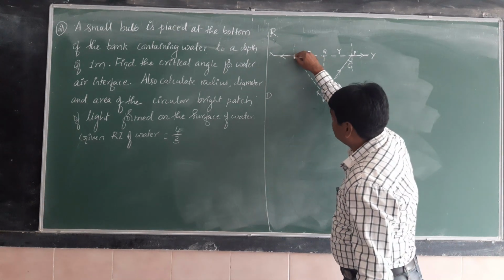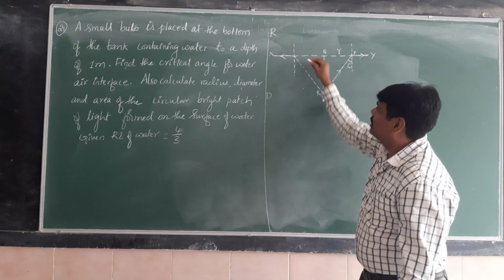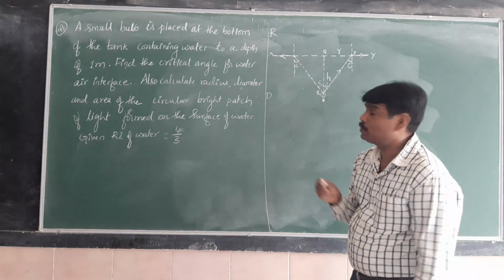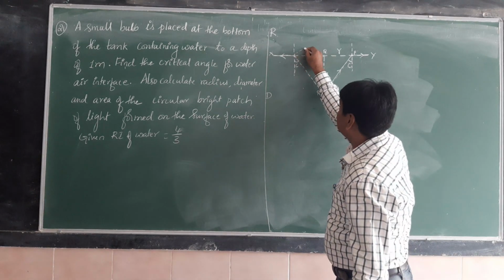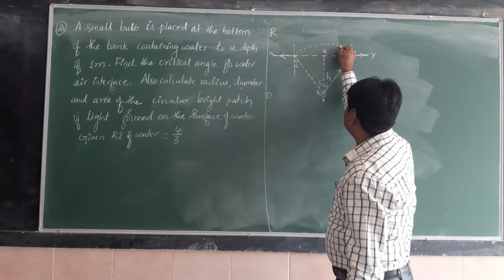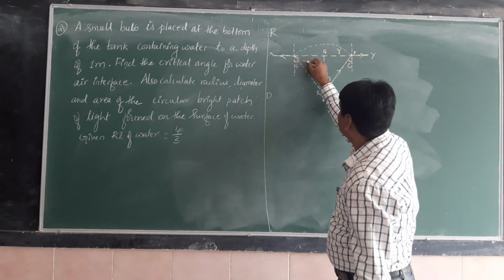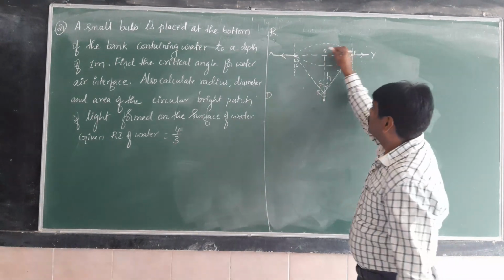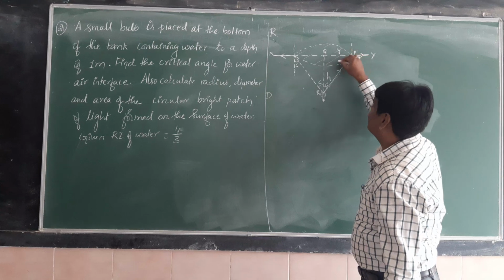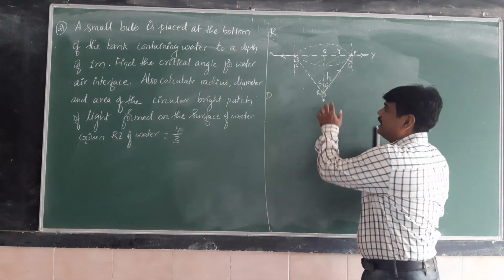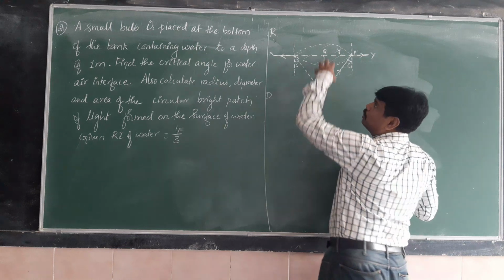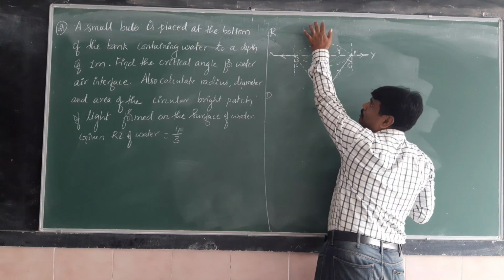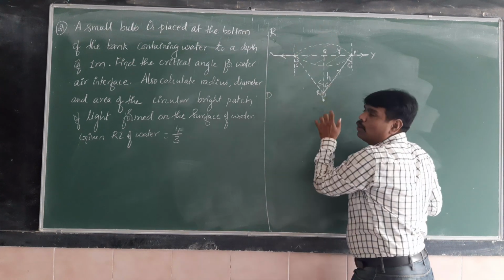Now this is the normal drawn to the point of incidence. This is the critical angle. If this is the critical angle, this one is also the critical angle. So this happens at every point with the same distance R. That's why it appears like a circle, exactly a circle. So this complete circle acts like a bright region. Whatever light is coming from water to outside, the person can see only this area if it is observed from the air media to water media.